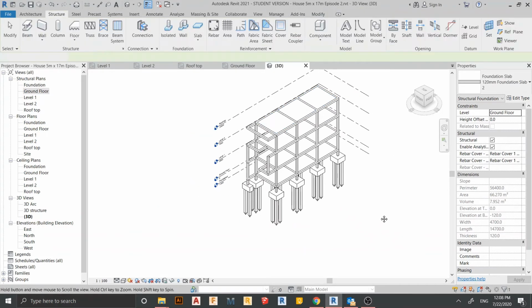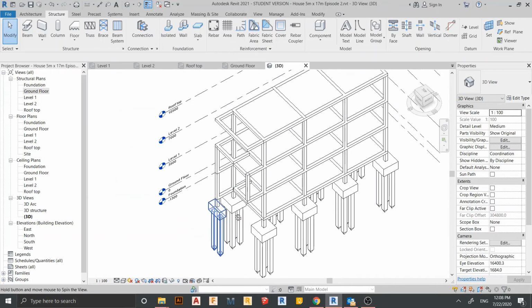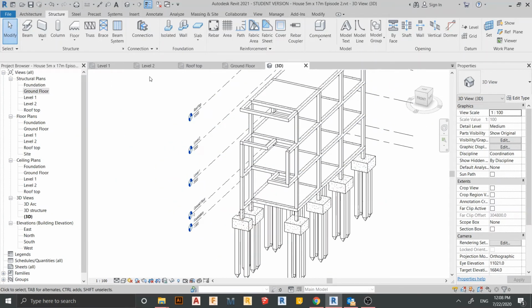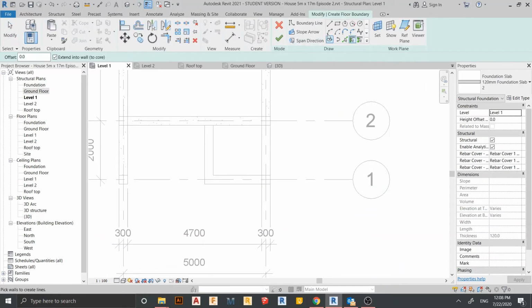Okay, and there we go. So now is what we got. So we need to create slab here as well, 1, 2 here, 3 here. Again I'm going to level 1, slab here on structural tab, rectangle, select like this, lock 1, 2, 3, 4,